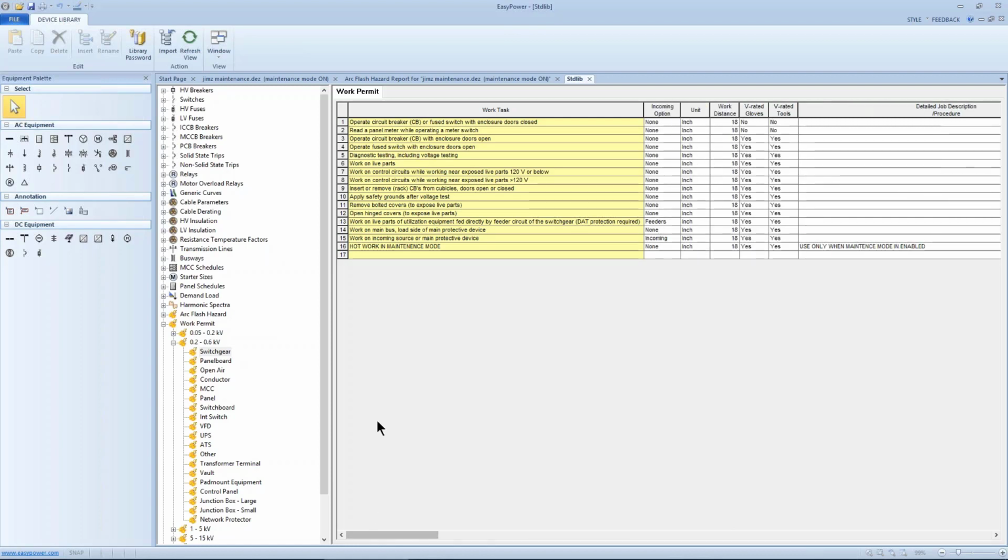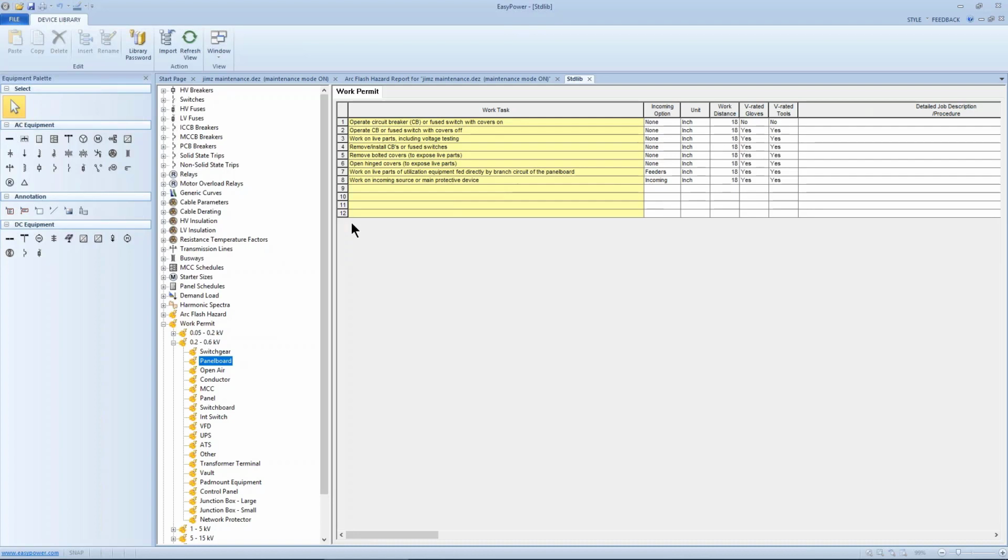So now that I've made these changes, I would again make this particular one is in switchgear. I'd also make the same change in panel board, and I'm just going to set these up